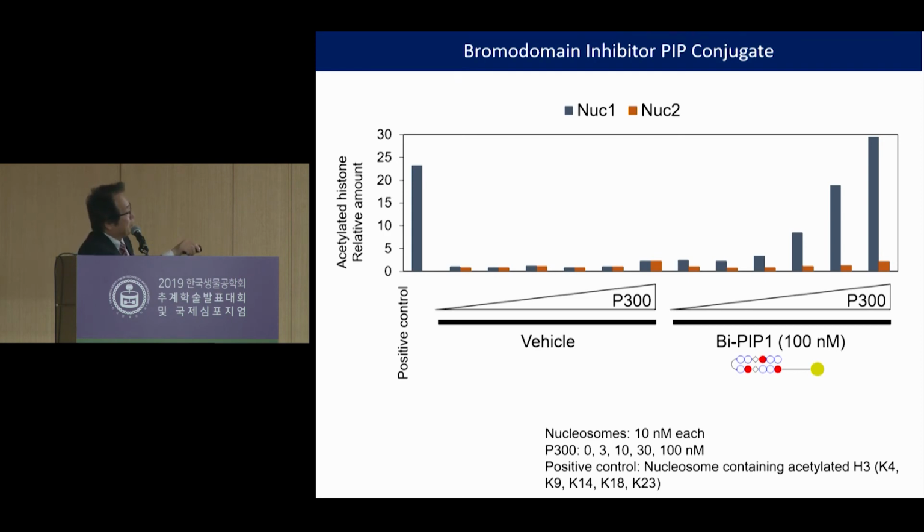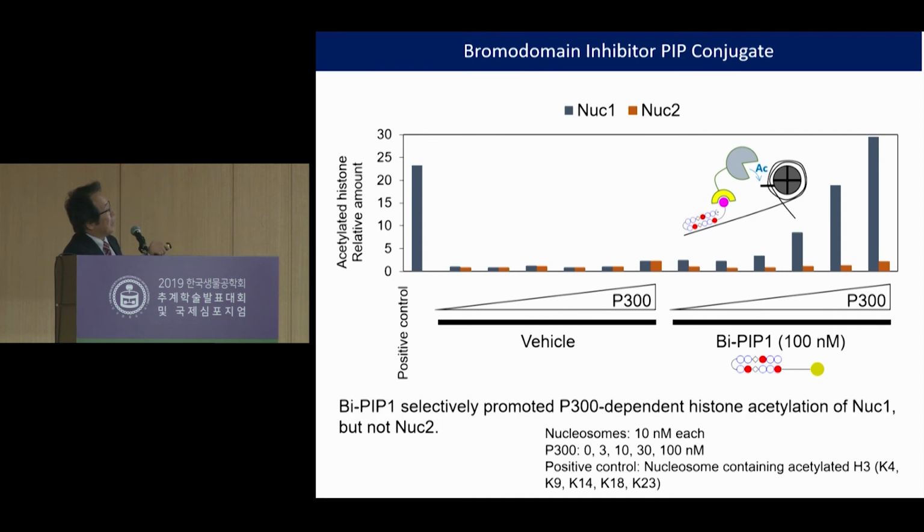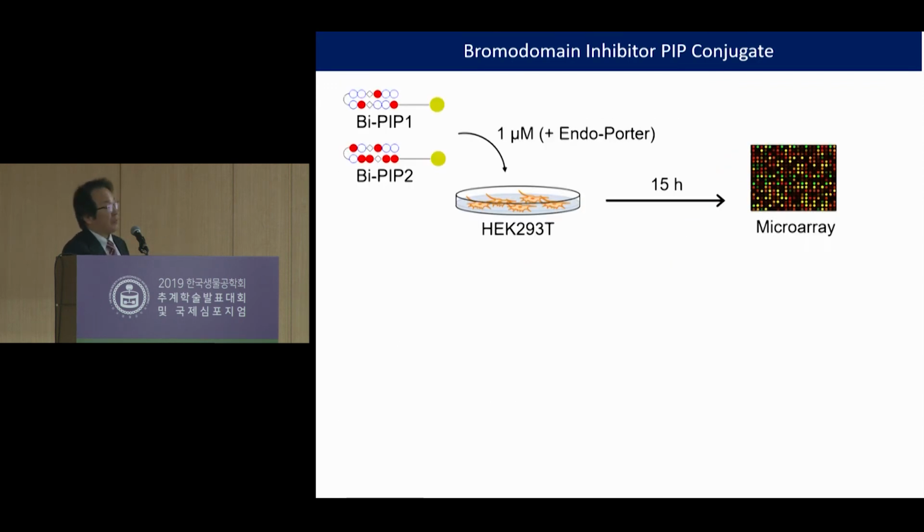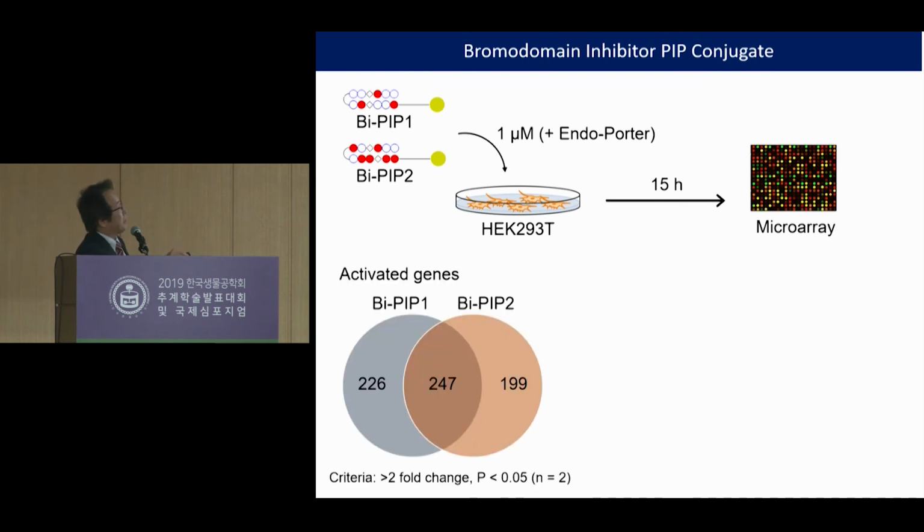BIPIP1, shown here, induced the acetylation only on nuc1. Actually, nuc2 has a binding site for PIP2. And we treated the HeLa cell with PIP1 and PIP2 and analyzed the expression, and we found PIP1 and PIP2